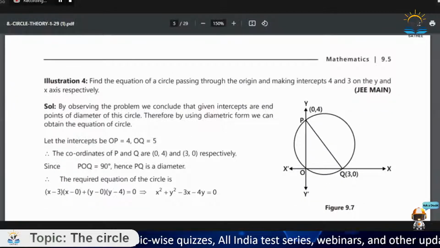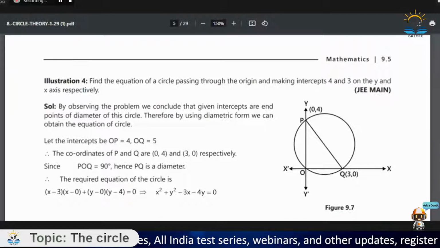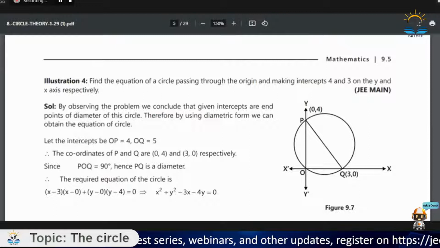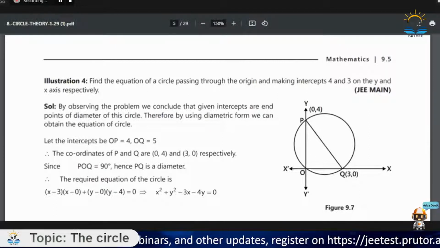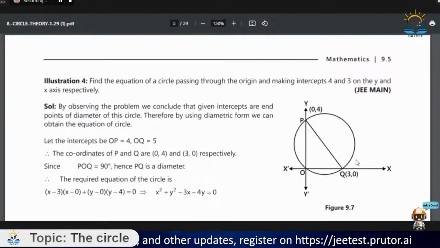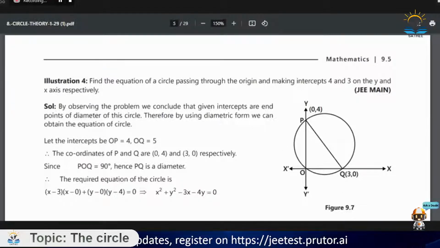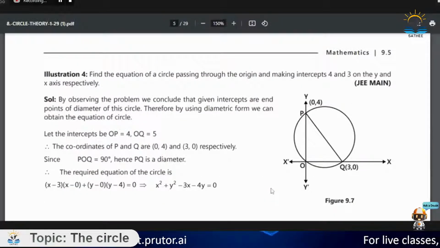Now let us see illustration number 4. Find the equation of a circle passing through the origin and making intercepts 4 and 3 on the y and the x-axis respectively. So we see that the circle is making intercepts on the y-axis and the x-axis as (0, 4) and (3, 0). So what we will do is we'll assume an equation for the circle,